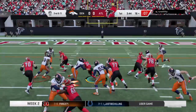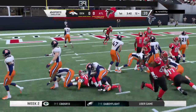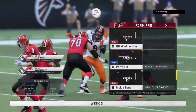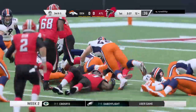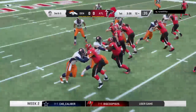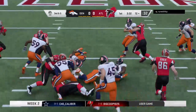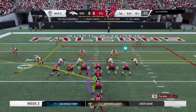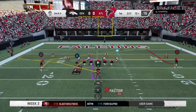Now Ryan going to give it to Freeman. And Freeman lost the football. Wow, that ball gets knocked free, but a teammate comes along and scoops it up. It's almost like baseball. Guys at bat, people are on base in scoring position. One guy doesn't get him home. The next guy comes through and picks him up. And avoids the turnover. They had great starting position to begin the drive, but now they look up at a